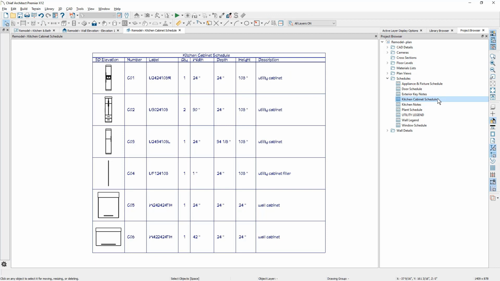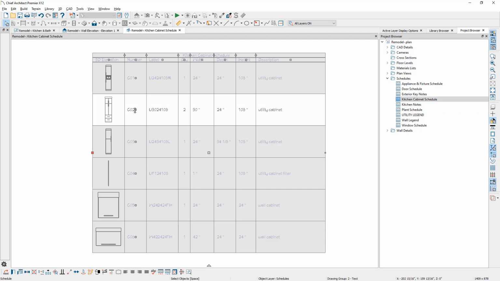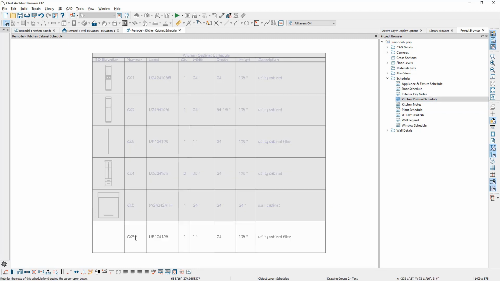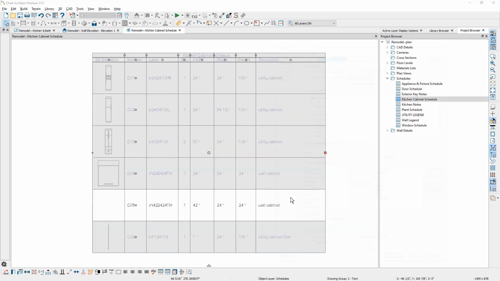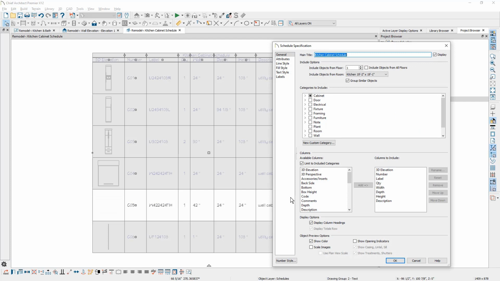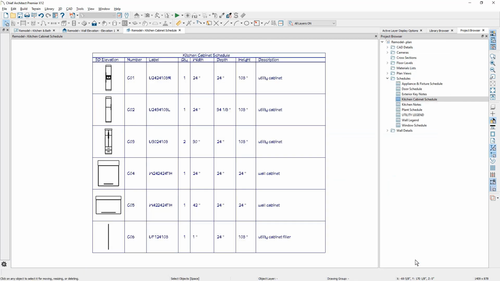In this case, I have a 3D representation of it in the far left-hand column. These can be customized however you'd like and also moved around. So if you want to move these around and renumber them, maybe you want to take this filler and pull it down to the bottom, you can very easily manage this. All of these schedules, if you double click on them, can be customized. You can add different columns. You can restrict what shows up in these schedules. And there's different attribute and a few other settings in here that you can then customize the way this looks.